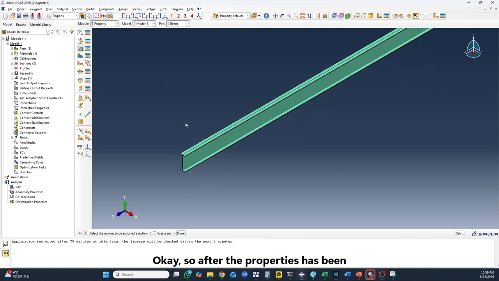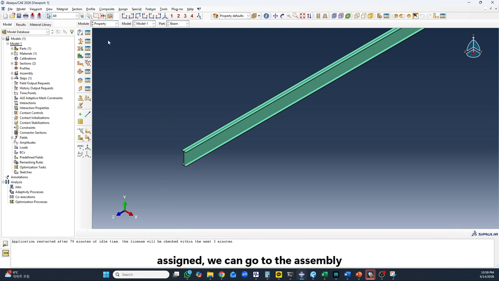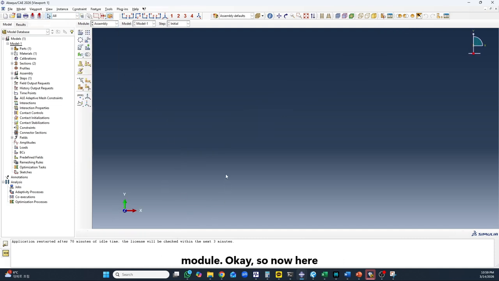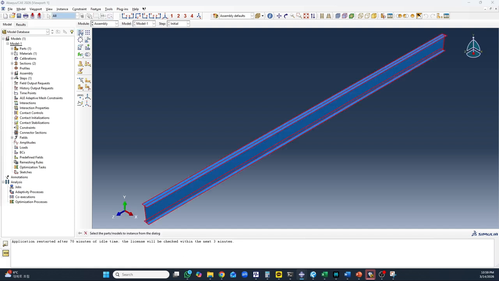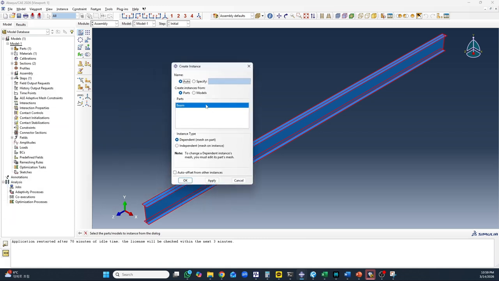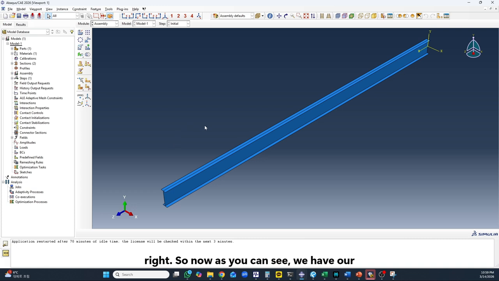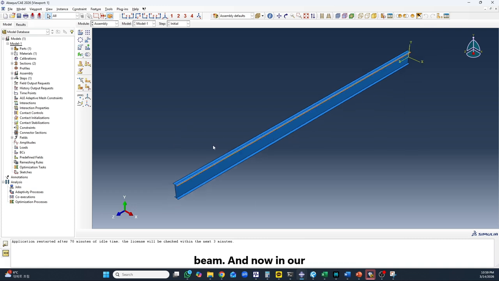Okay, so after the properties have been assigned, we can go to the assembly module. Okay, so now here the interface doesn't show anything. We can import the parts we already created by clicking here, and then you can see we have only one part, which is beam, so we can import that beam here and then press OK. Alright, so now as you can see, we have our beam,